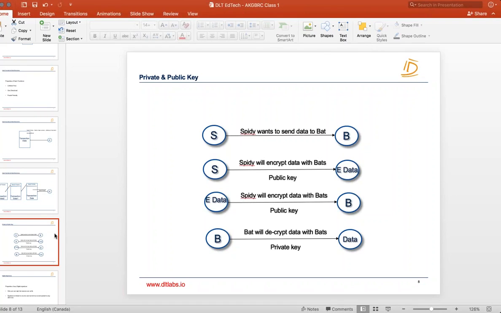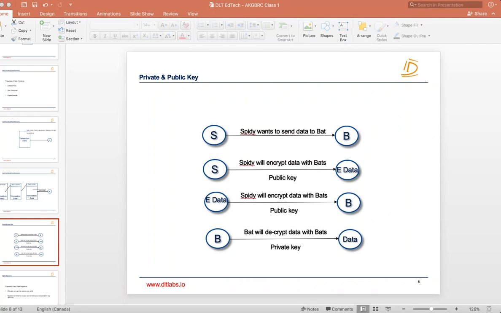Okay, so next topic is private and public key. So, as a general definition, what is a private and public key? If you search on the internet, you will get thousands and thousands of literature on how private and public keys work and what they are. But for our cause, we need not do a deep dive on private and public keys. But what we need to remember is,